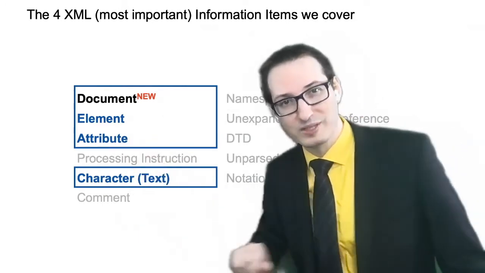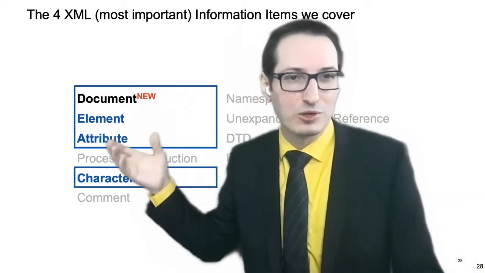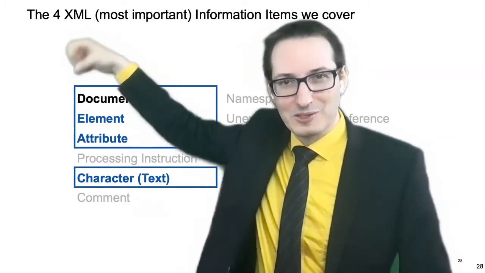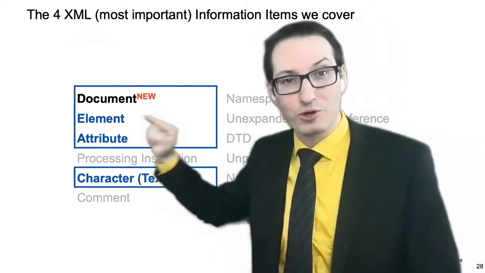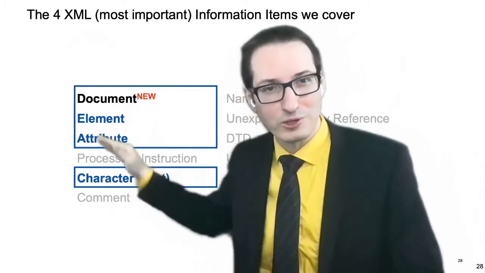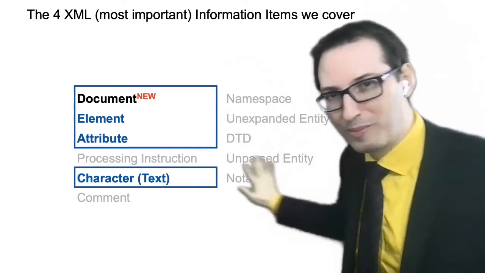So elements, attributes, text. And documents, that's the easy one. You could consider it's the doc type, basically, that appears here. It's just the root of the tree, right? It's just the thing we put at the top that holds everything else. So we have documents, elements, attributes, and text, and that's it. And we're just going to draw a tree with just these 4, and you can just forget and not even care about the rest.